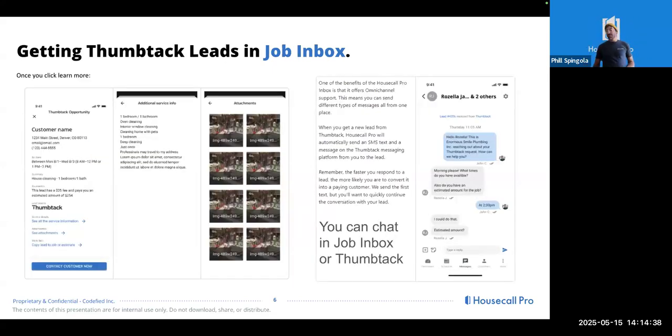So some other examples and pictures of things here, how it's going to look as you go through the Thumbtack for your leads. Very similar to a lot of other things you've probably seen in our system when it comes to the pipeline tickets, lead tickets, and things like that. So we have all the customer information, what they're looking for in terms of scope of work, how soon they need that work, and it allows us to edit and see any of that extra service information that